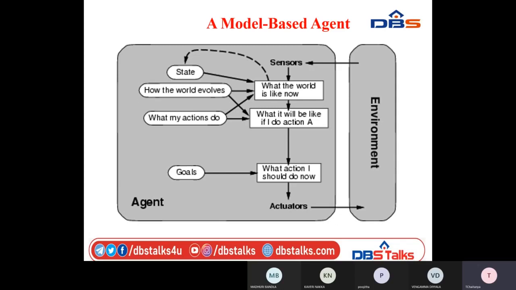From that, how the action will come if I do an action. What will it be like if I do an action, and what response will come? Later it compares the result value to the action value. Both the result and the action will be the same. That result is passed to the environment. So it is a logical, model based agent, and this agent will take decisions like humans.